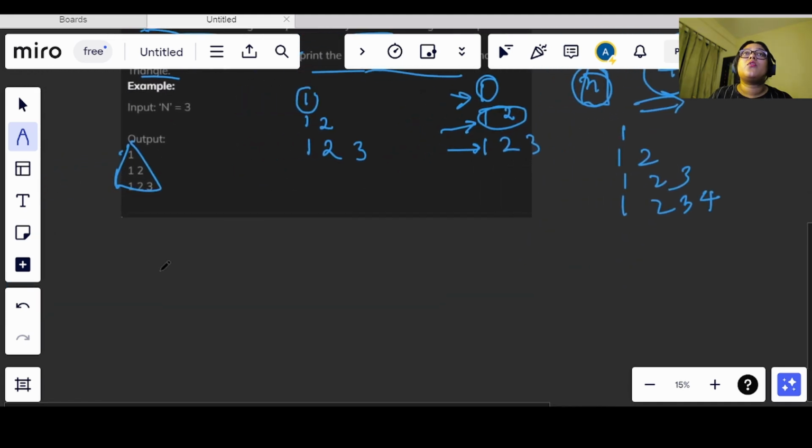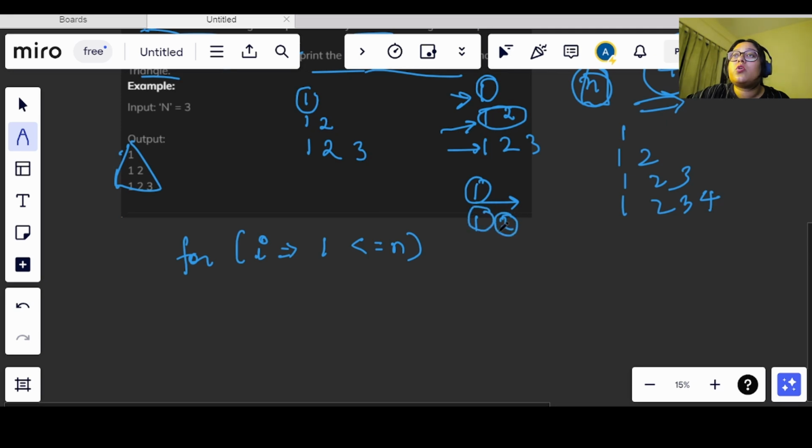So as I said, the code that we will be writing should be applicable for any value of n. Now we are seeing that our number of rows is n only, so we know that our i will be starting from 1 and it will go to less than or equal to n. Now the question is about j, right? Because j is not remaining the same every time, right? For the first time it is going to one column only. The second time it is going to 2 columns, then it is going to 3 columns. So we are observing that the value from j is getting filled in each and every cell, right?